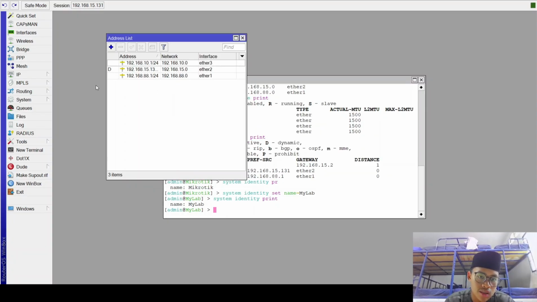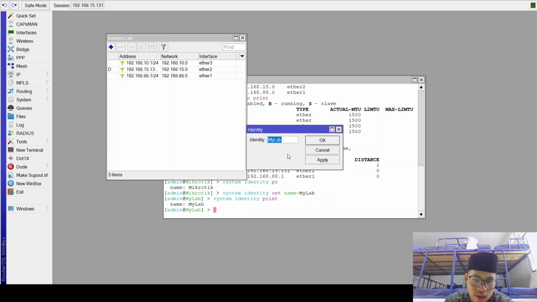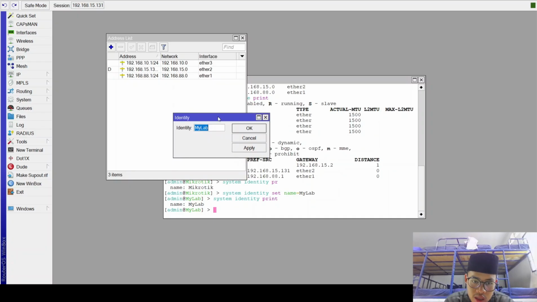Look, this is added. And if you wanna change your identity with the UI, you can click the System menu and click Identity. This you can change as you like. For example, select, apply, and okay.